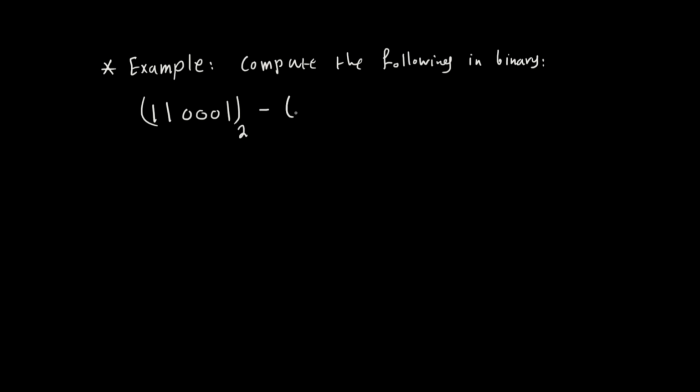Let's see another example. Our example here says compute the following numbers in the binary system. 110001 minus 10011, all in binary. Pause the video and try to solve it on your own. Let's lay the numbers out. 110001 and